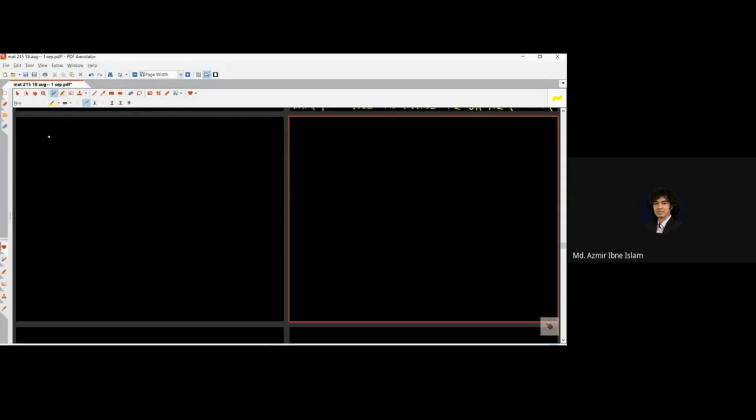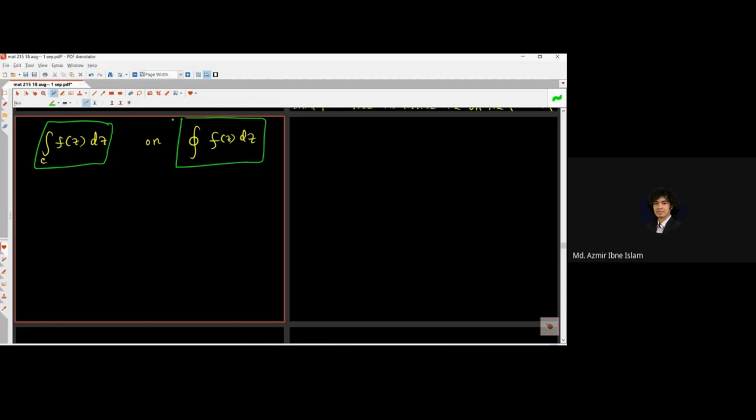We have a similar type of integral, f of z dz with path C, or it may be in another form. So there will be several notations. Let's say these are the 2 common notations. And this time Cauchy's residue theorem should be applied because it will be mentioned. So the formula is,